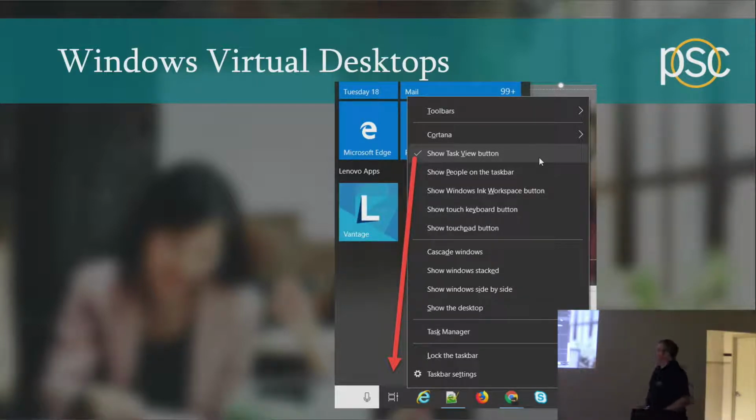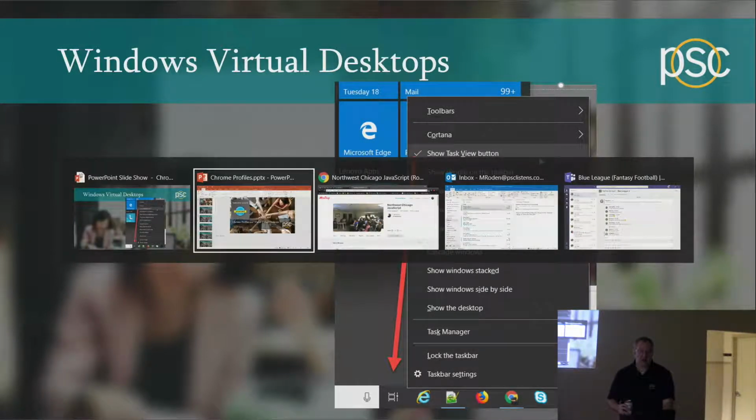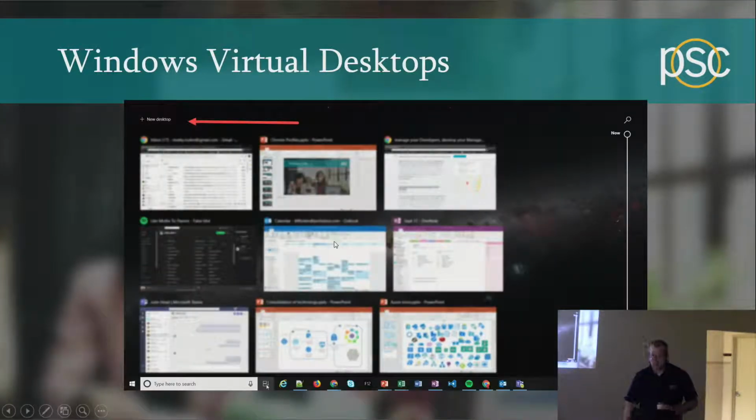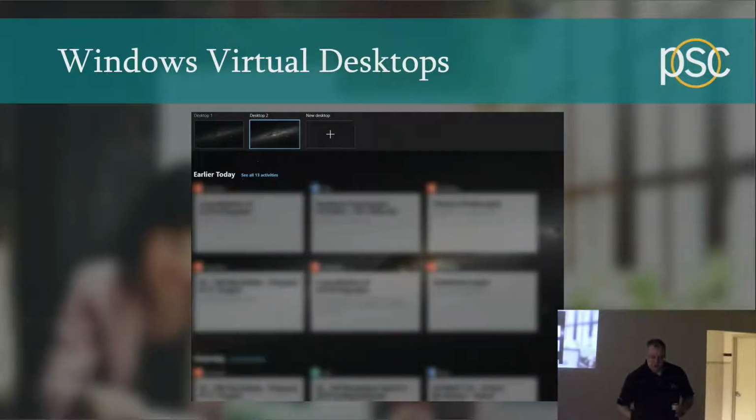That's all well and good, but if you're like me, normally I operate with about 15 windows open at the same time, and finding anything is a bit of a pain. Macs had virtual desktops for quite some time, and Microsoft went, you know what, we can steal that idea, and they did. This is more like what my normal day looks like. You can click on that icon, you can create a new virtual desktop,